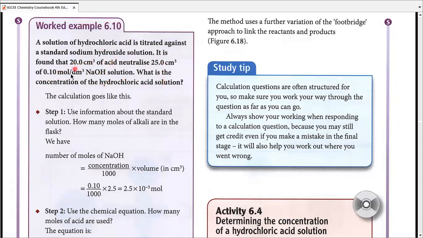So volume and concentration for NaOH is given, but only